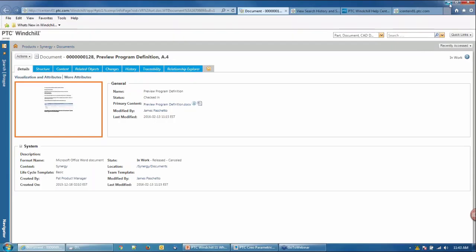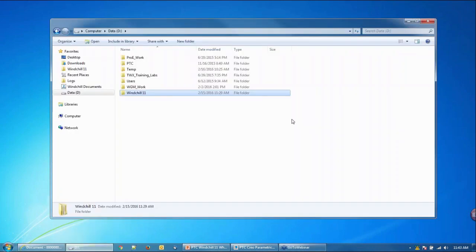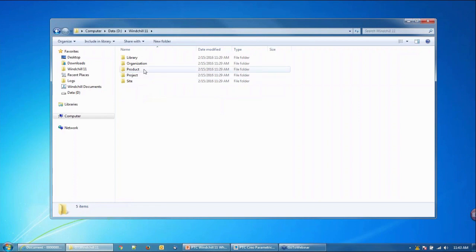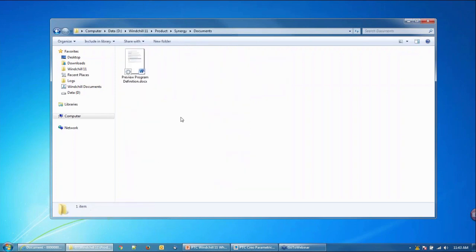So let me show you where that common location is. I'm just going to minimize the browser and open up Windows Explorer. So my preference was to download the content to my D drive, and based on my server alias that I've used to connect Windchill desktop integration, it creates a folder with the same name as the server alias, and that happens to be Windchill 11. So if I navigate into this particular folder, I can see all the products and libraries that I have access to. In this case, the Synergy product is the data set that I'm demonstrating with today. And if I go into my Documents folder, here is that document that I just downloaded